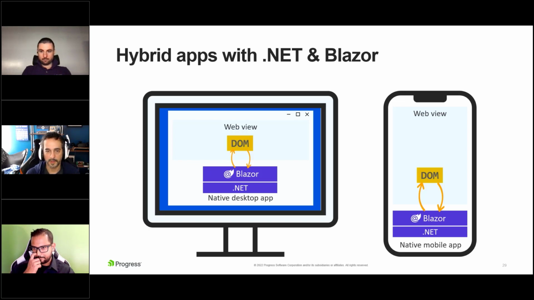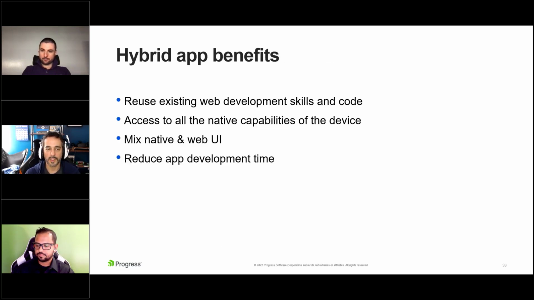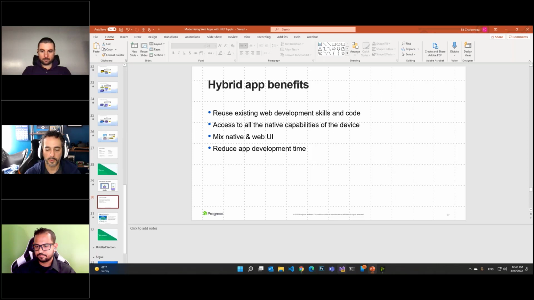accelerometers, all of that type of thing from C# code in web UI code, which is a really interesting way to take your existing web technologies, skills, and keep transitioning those. So you can use your skills to develop native desktop and mobile applications using the web UI technologies that you already have. And this can help reduce your dev time. So let's take a look at some demos real fast here.